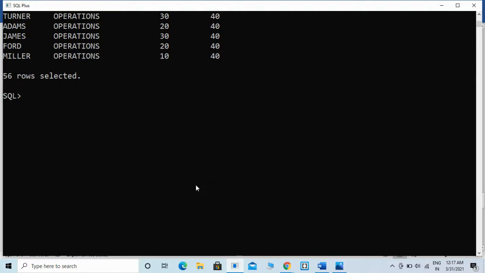That is, select ename, department number, p dot department number from employee A natural join department B.